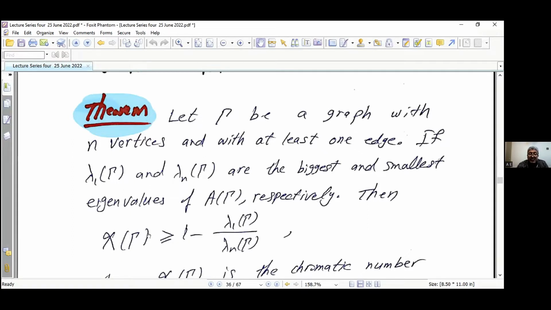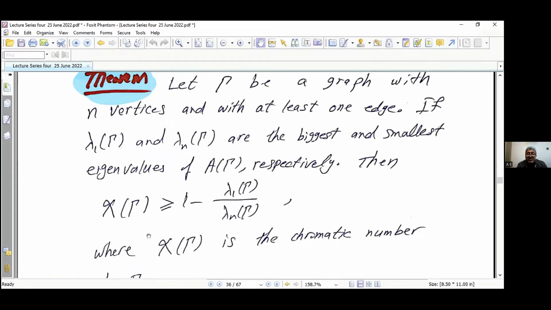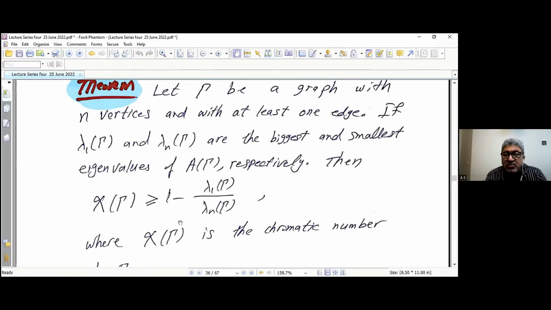So the lower bound for the chromatic number is 1 minus lambda 1 over lambda n, where lambda 1 is the biggest eigenvalue, and lambda n is the smallest eigenvalue. And you know that since the sum of